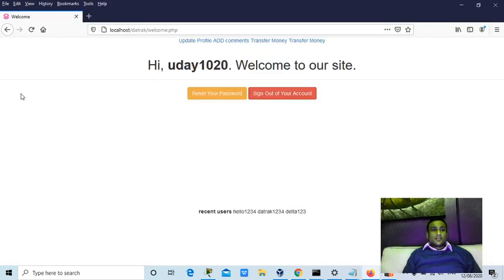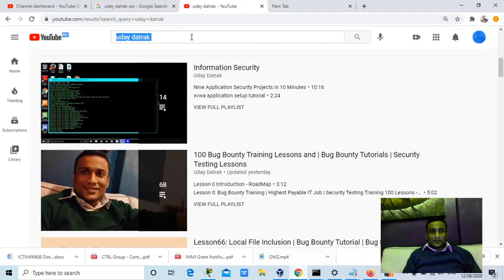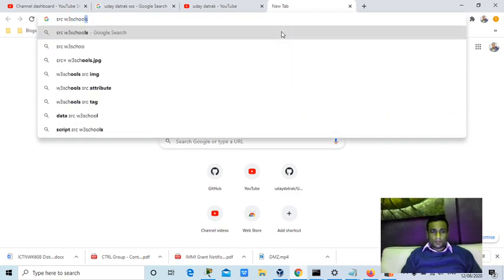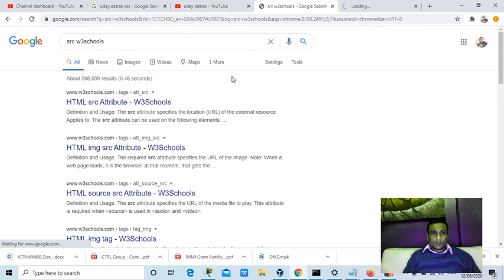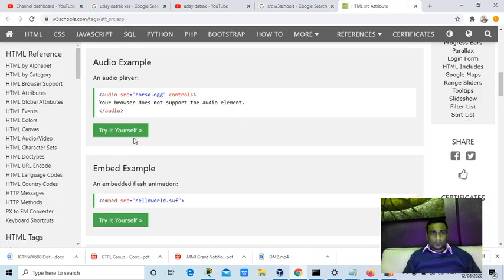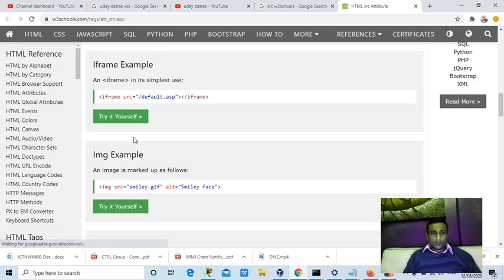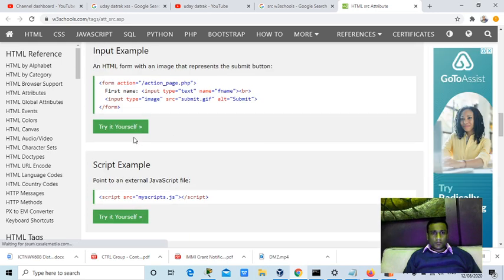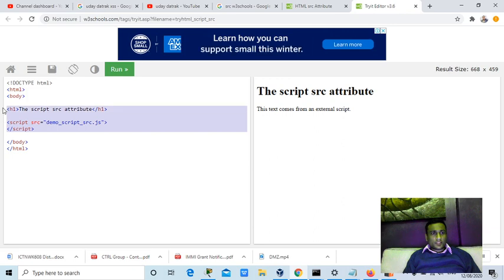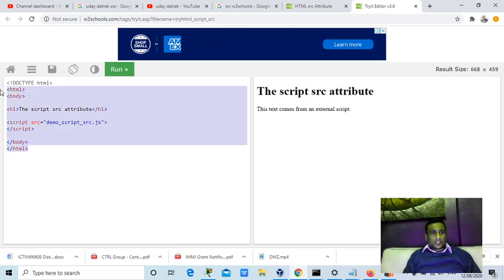I'll show you one easy tactic. I'm intentionally putting this security issue in my application so that I can show how it looks in real time.